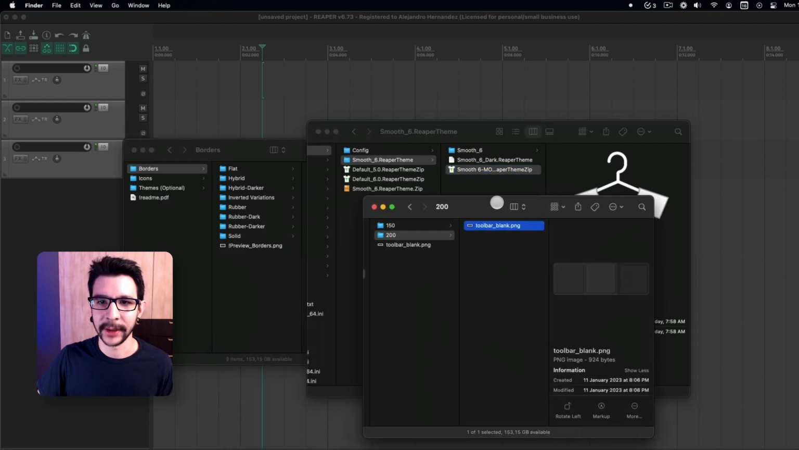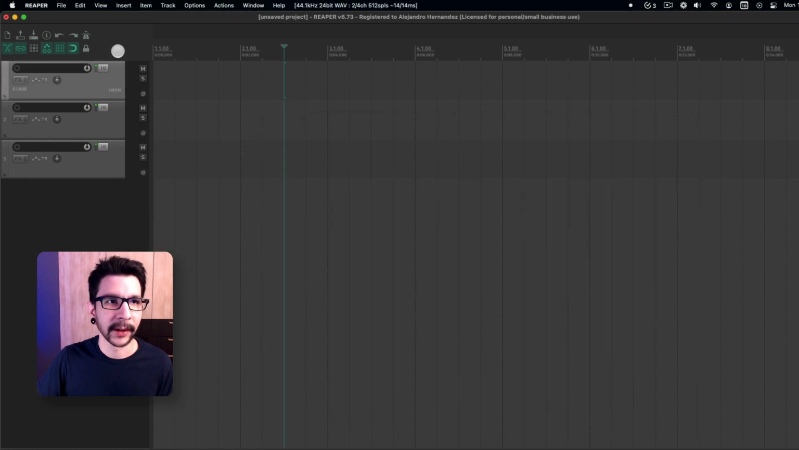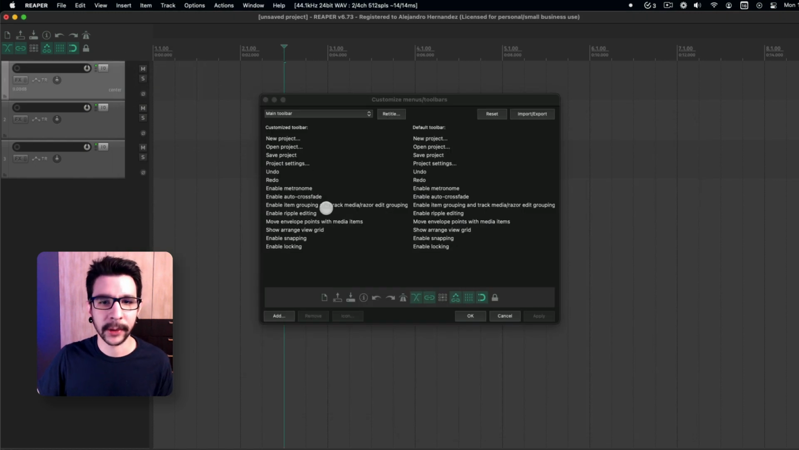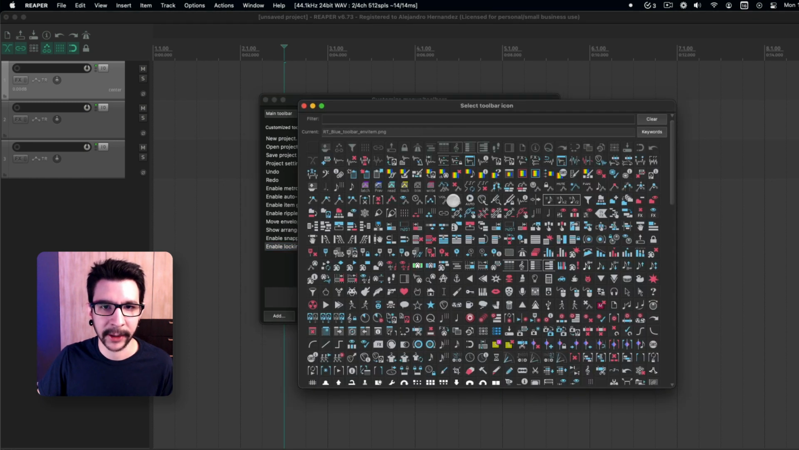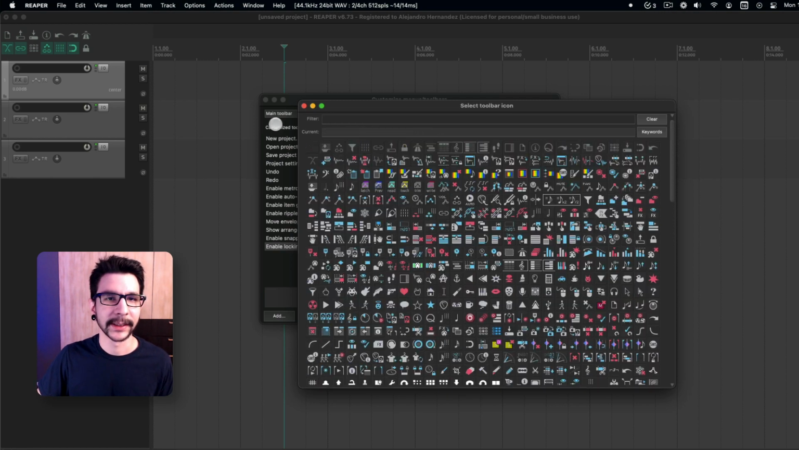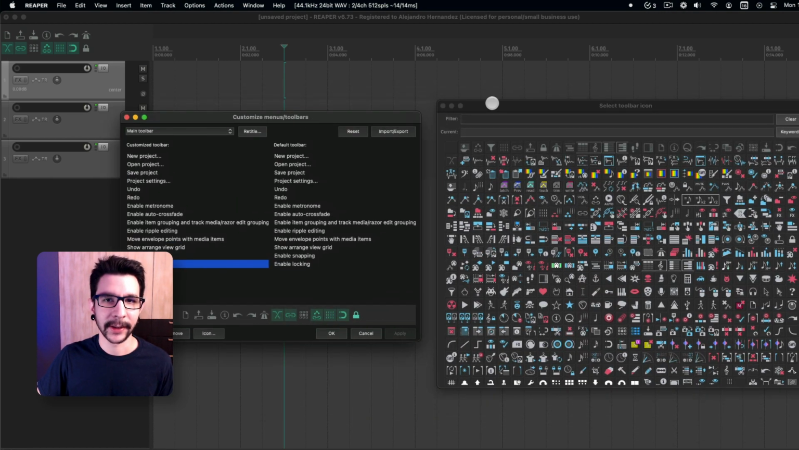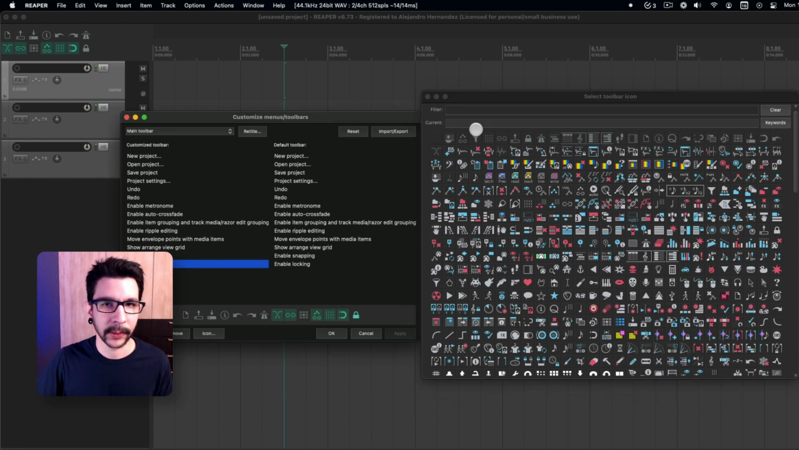So now, here's the thing. You load the theme by dragging it into Reaper, and now you should have the borders on your icons. So now when you go search for icons, all of them should have the nice border. So that's cool. Now, one trick to set the icons is that you go, let's say you want to change this one,